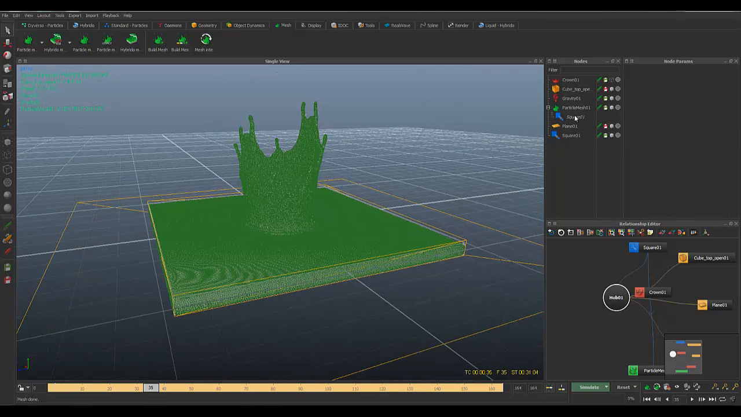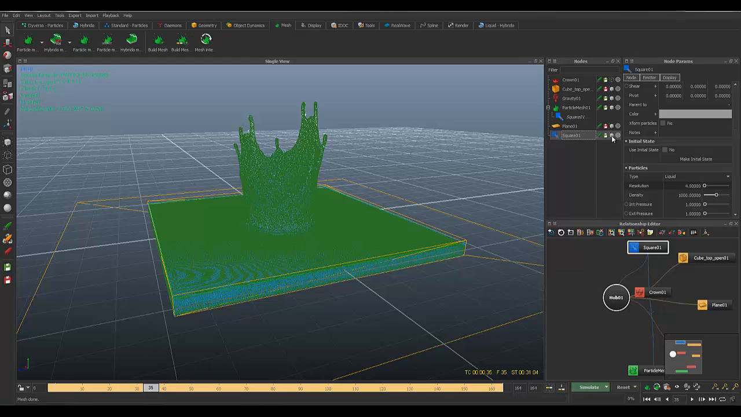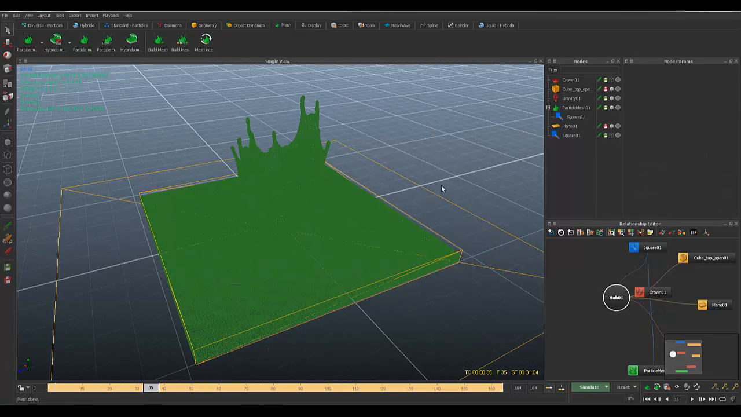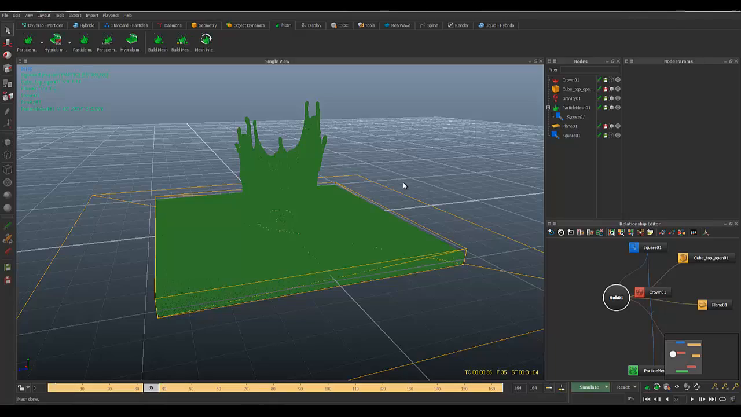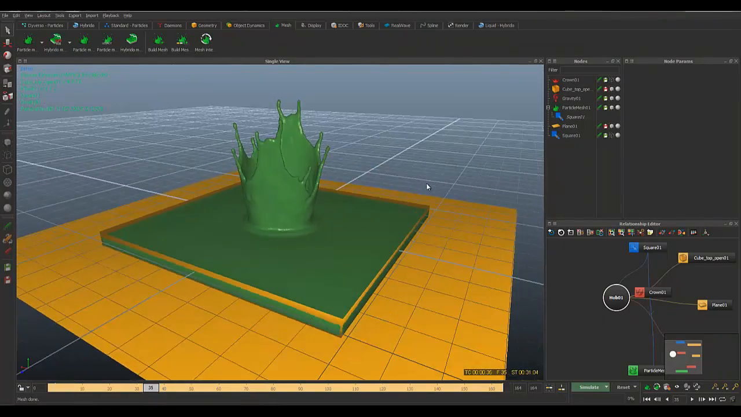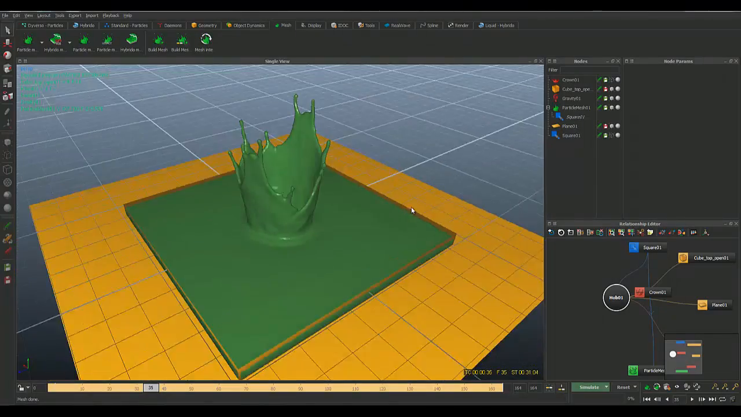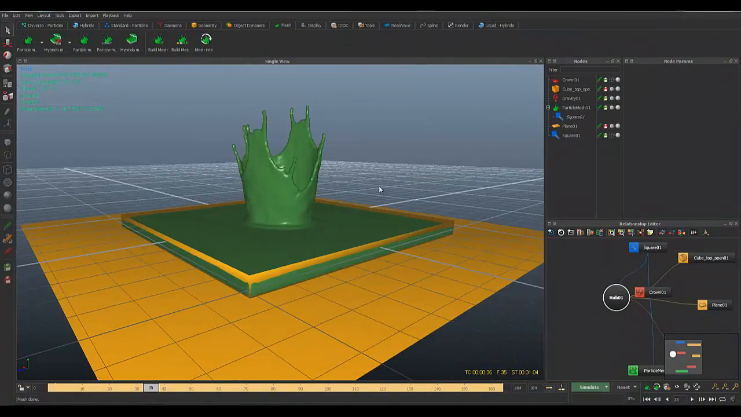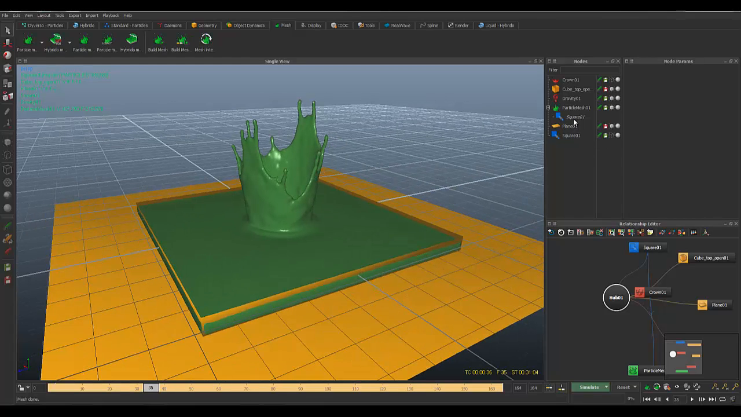If I hide my particles, which is here, now we can see our mesh. Press 0 to shading mode. Okay, so it's looking something like this, and it's looking really nice, I think. Yeah, so this is the basic parameters